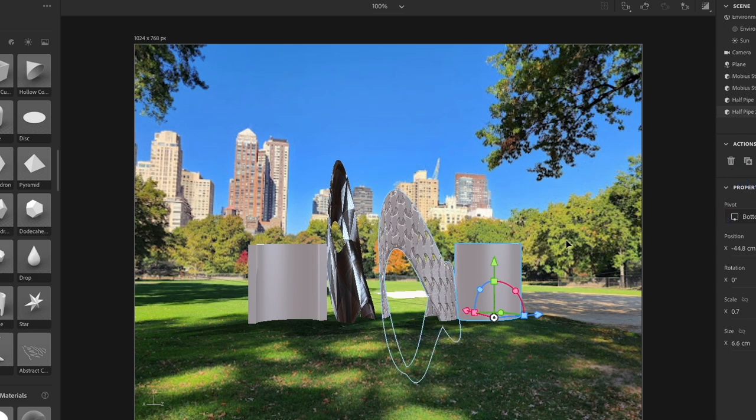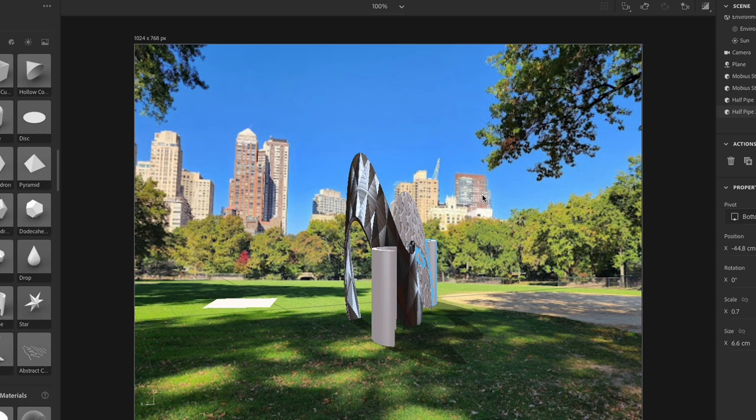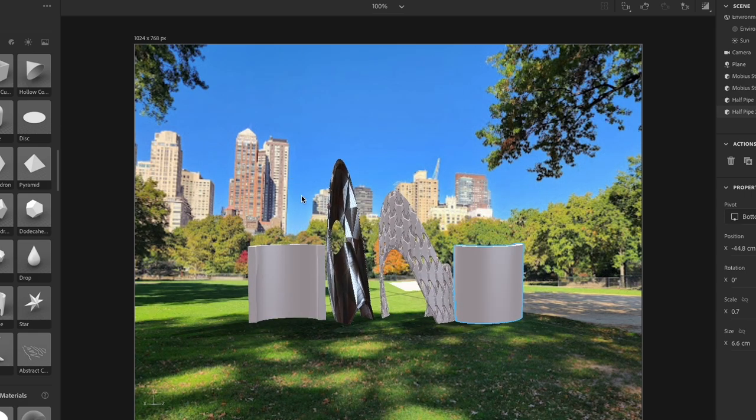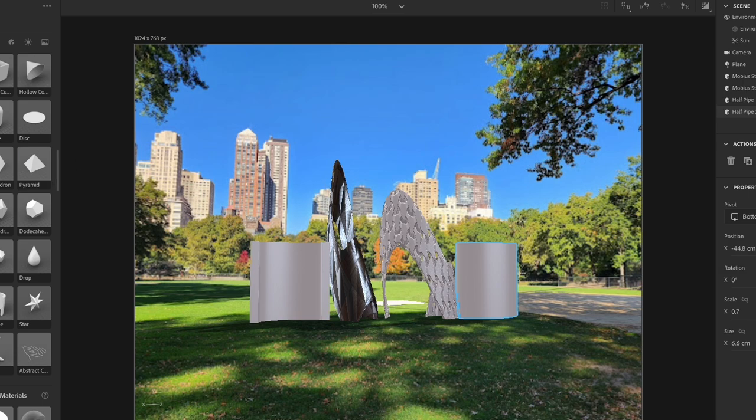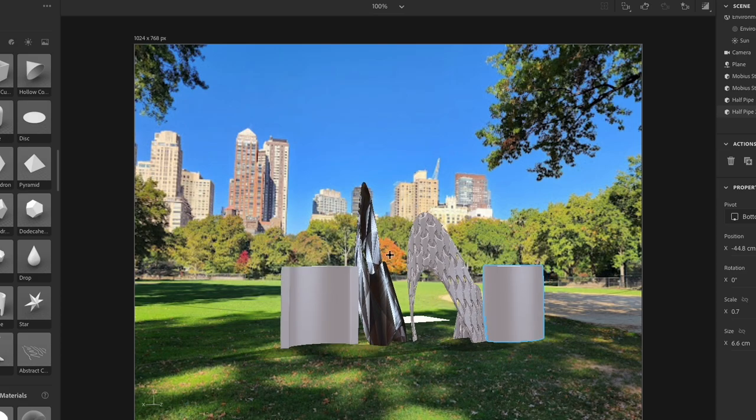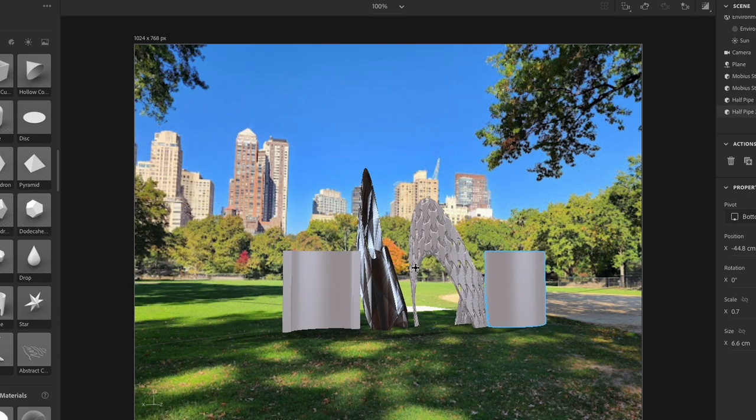I'm going to go over this one by one. First, on the left side, this is the toolbox. You can select, or use a magic wand, or a sampler, or the orbit tool, which will make you rotate your models in perspective. And this is the panning tool. So you can move around here without